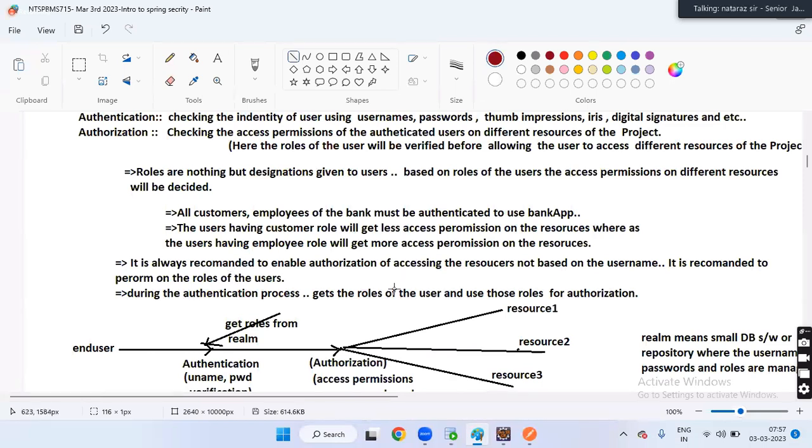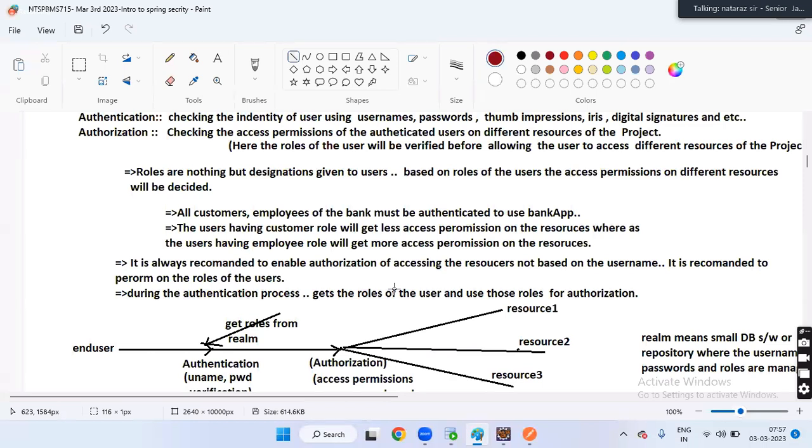Now listen. Suppose you have started verifying authorization on the username Raja. But Raja resigned from the company or Raja got a promotion, and in that place Rani has come. Then we have to open the code and modify the code, boss. Suppose you are not giving authorization based on usernames, you are giving it on the roles.